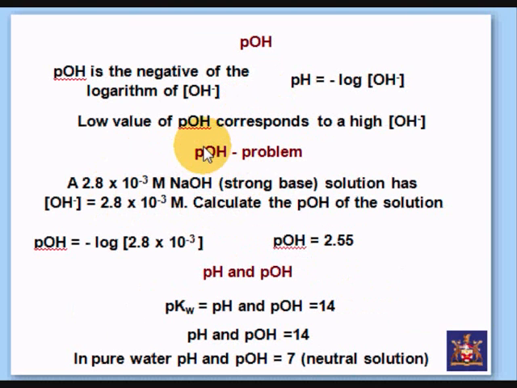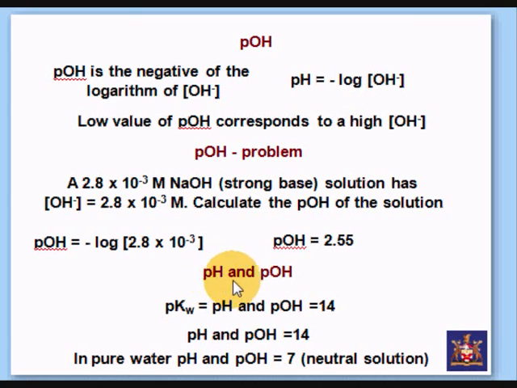You do the exact same thing for the pOH. Here's a problem: 2.8 × 10^-3 molar NaOH, it's a strong base. Strong bases mean full dissociation. So whatever the molarity of the NaOH is, the concentration of the OH⁻ is going to be the exact same, and you see it's identical. In our formula, pOH equals minus log, and we just do a direct substitution, 2.8 × 10^-3, plug and chug, pOH equals